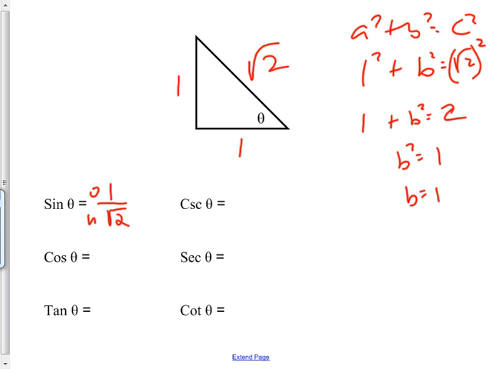Okay, fill it out. Yes, ma'am. Is there a reason we would want to get